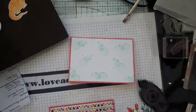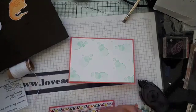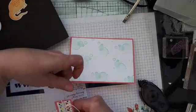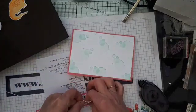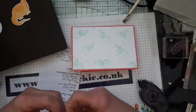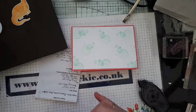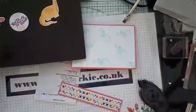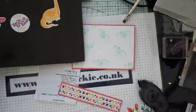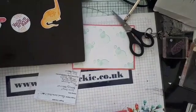And then I'm going to take some white twine and I'm going to hold it just there because that's about where I'm going to want my knot to go. And I'm going to wrap it around once, wrap it round twice, and then tucking that end under there, tie a knot. Spread these out a little bit. And using my snips when I can find them, here they are, we're just going to trim those ends off just there. And then we'll put some more snail over the back here